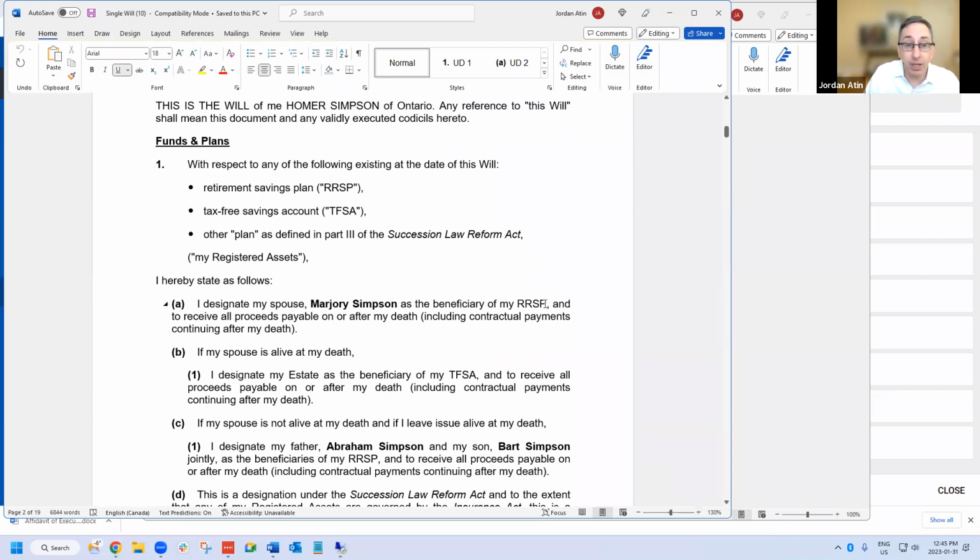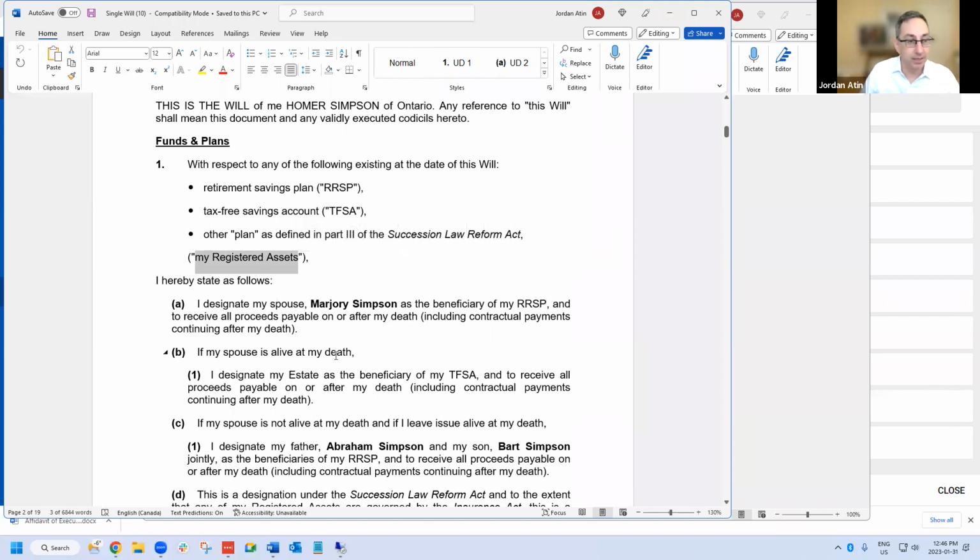Now, eState saw that Marge was not getting all of the registered assets, so it knew that it had to carve those out and deal with them separately. If you had given Marge the RSP and the TFSA, it would have said, make her the successor subscriber of my TFSA and beneficiary of my registered assets, because it would have seen that all of the registered assets were going to her.